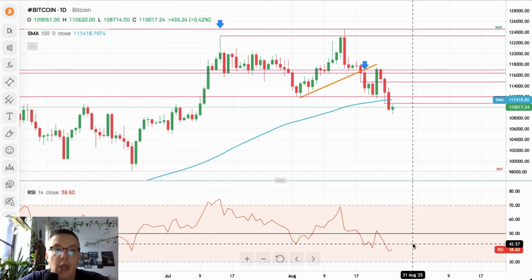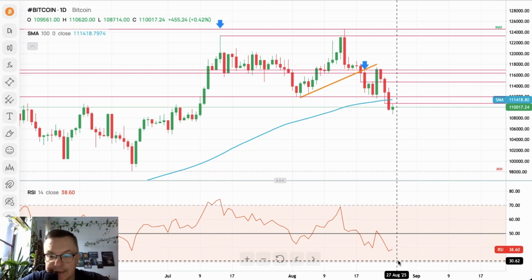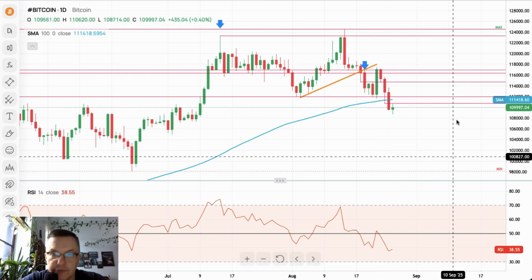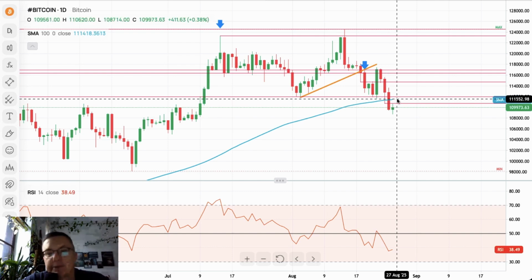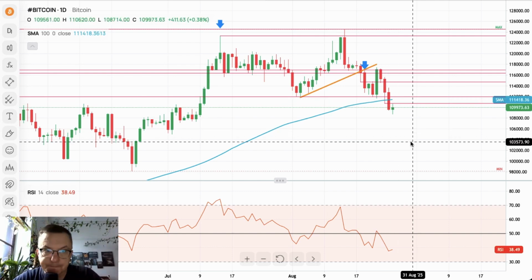There is still room to the downside before we hit the extremely oversold conditions. There is plenty of room to the downside here for Bitcoin to correct. So please keep an eye on Bitcoin development. We are already below the 100 period moving average, and it looks like the market wants this price lower.